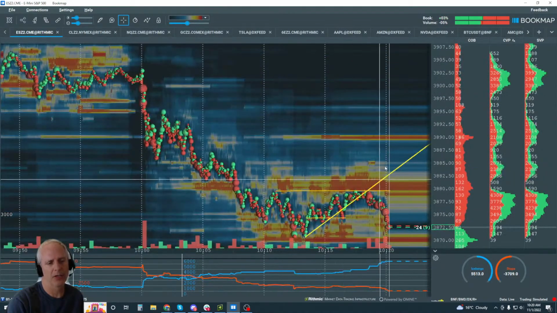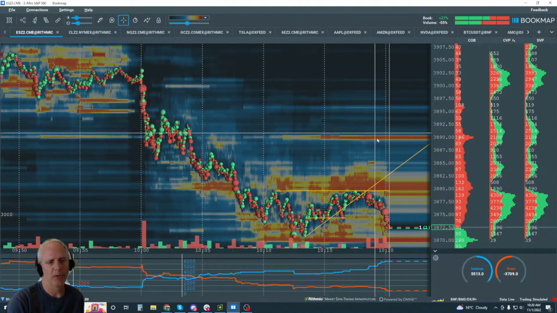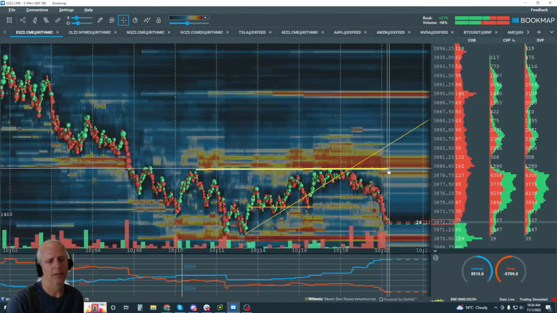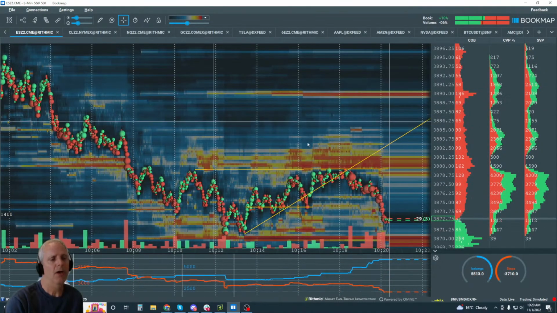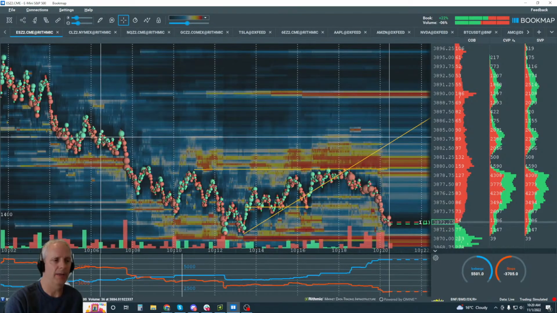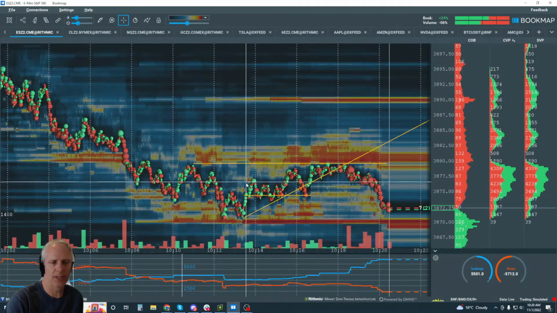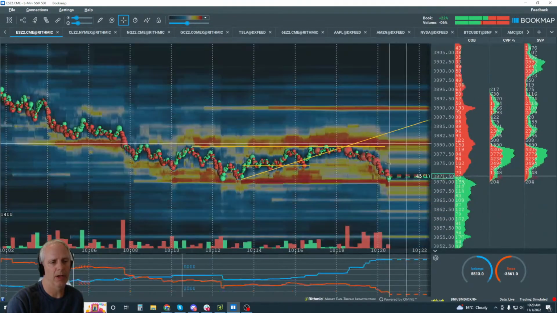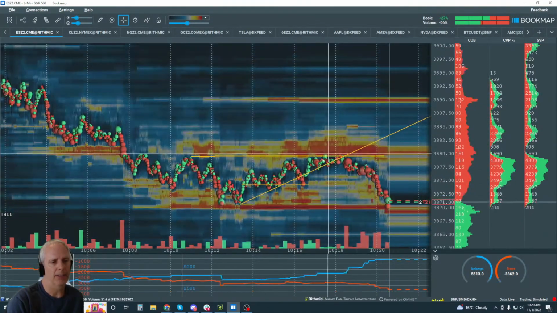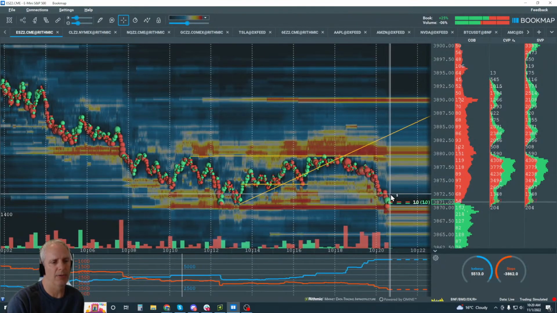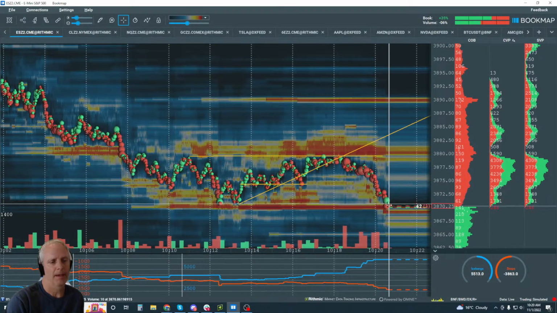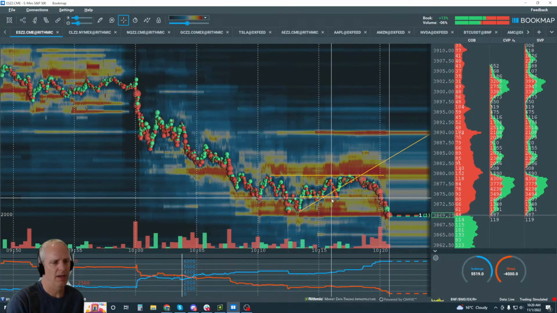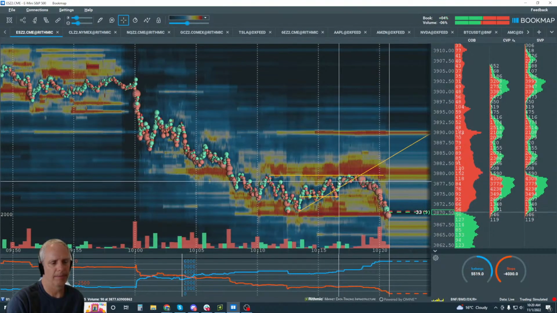Did I also prepare for a move maybe up into 90 here? Yes. Okay, and so this is what unfolded. Now we put that all together and this is, like I said, the counter trend is rather challenging. This is very, very typical here, that a lot of times it just can't do it, and then we get the continuation of the trend. All right. Anyway, we're prepared nicely for it.